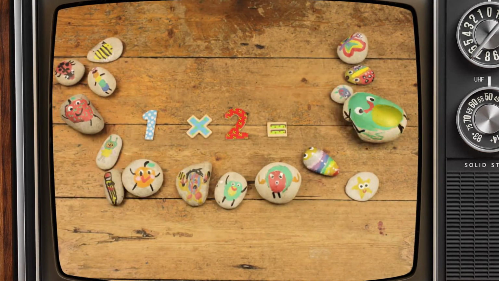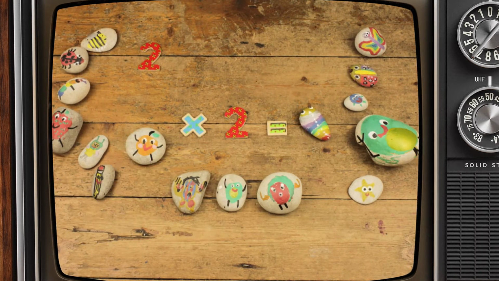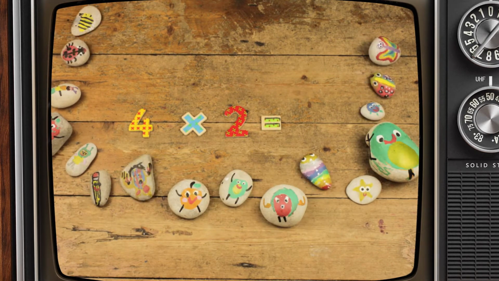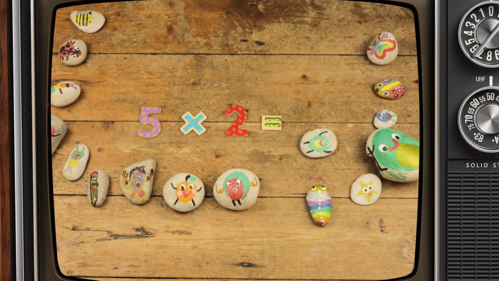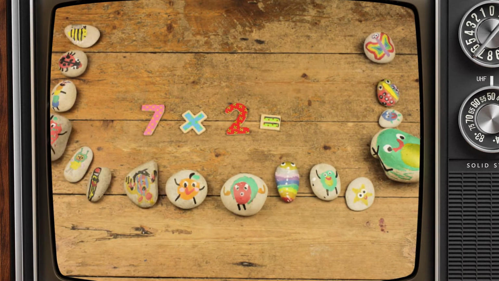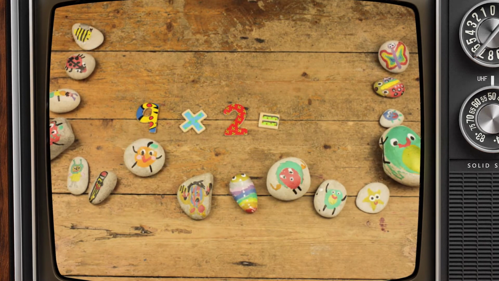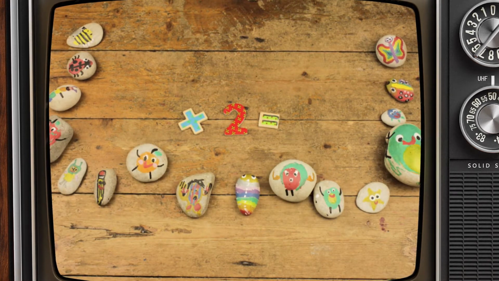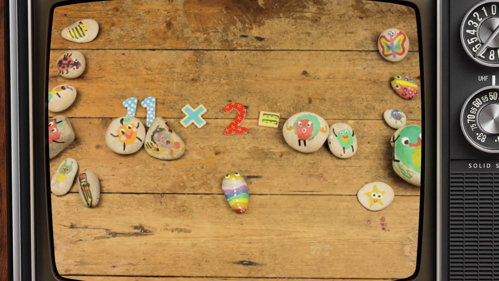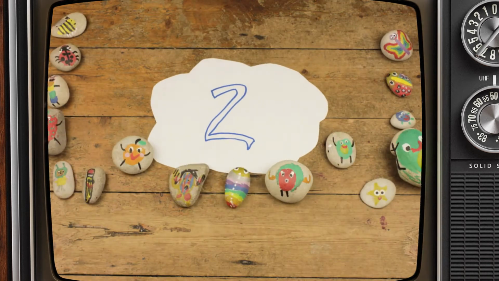turn. 1 times 2 is... 2 times 2 is... 3 times 2 is... 4 times 2 is... 5 times 2 is... 6 times 2 is... Keep going. 7 times 2 is... 8 times 2 is... 9 times 2 is... 10 times 2 is... 11 times 2 is... 12 times 2 is... 2, 4,